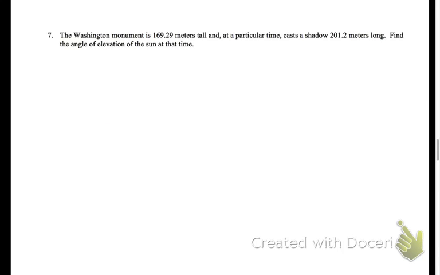All right, similar problem, but now the Washington Monument. It has a height of 169.29 meters, and at one particular point in time casts a shadow 201.2 meters long. Find the angle of elevation of the sun at the time. So here's my best Washington Monument